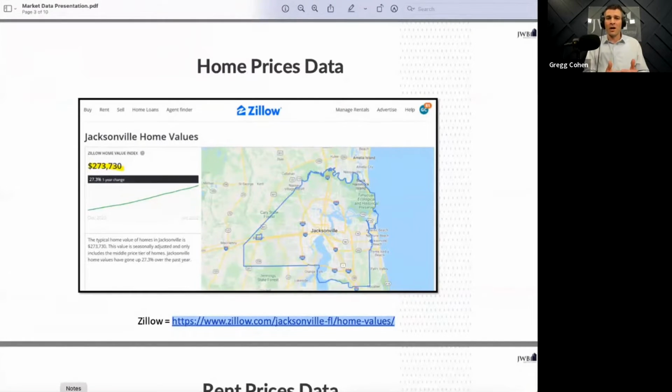And the cool thing is I kind of stress tested this a little bit. Of course, if I'm going to present it to you guys, I want it to be up to standard here. The prices for those other markets were roughly what I would have expected. In Jacksonville, it's about 274 is what they estimated, and it's 325 based on the real MLS data. In the other markets, the ones that I would have expected to be lower cost were lower cost, and the ones I would have expected to be higher than Jacksonville were higher. So good enough data. And the key here is free, accessible, and standardized.